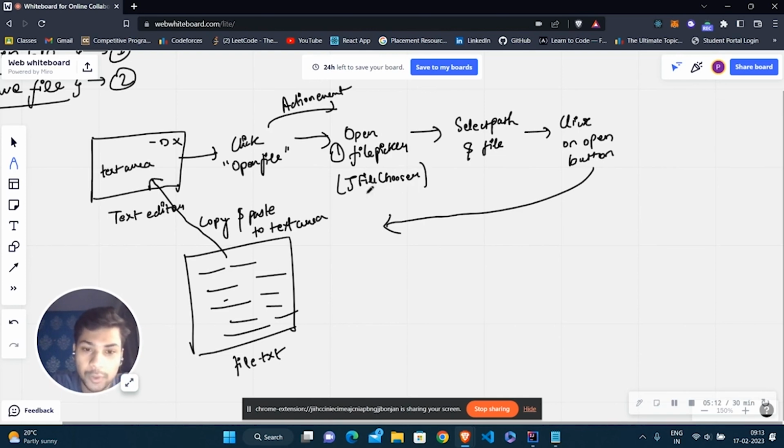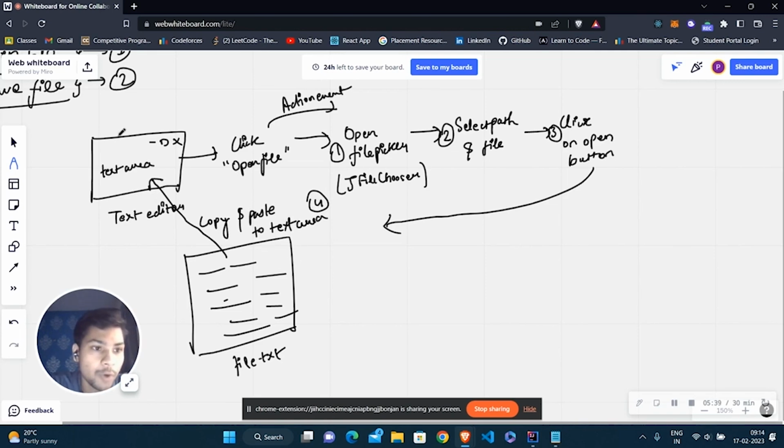I will use this class and initialize it. Inside this I select the path, which is my second step. And after that, when I click on the open button, I have to copy the text and paste it to the text area. So these are all of the steps.